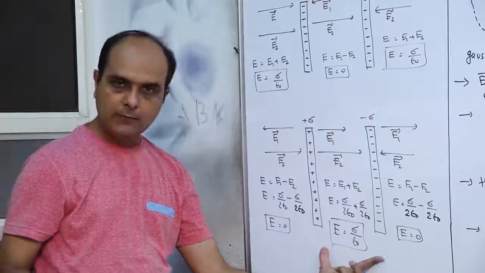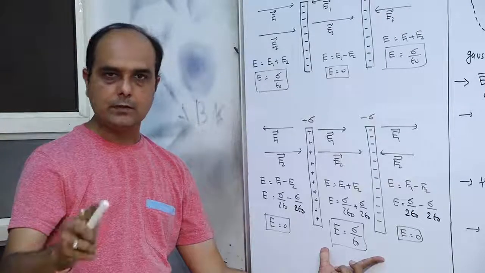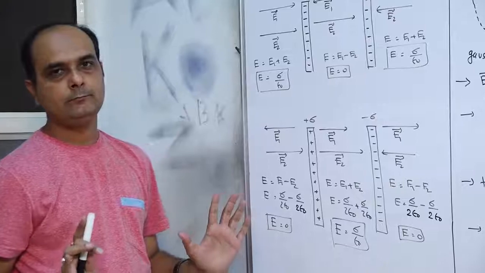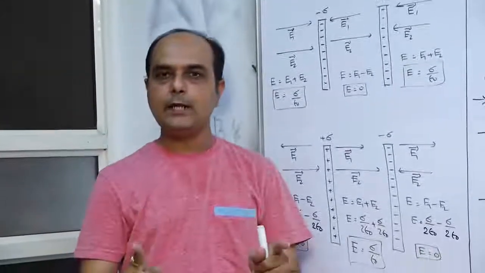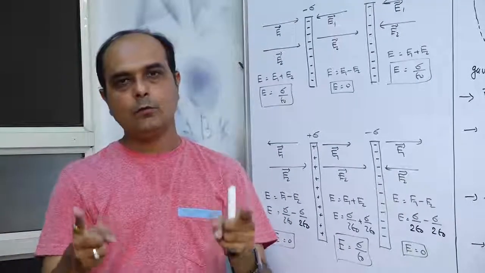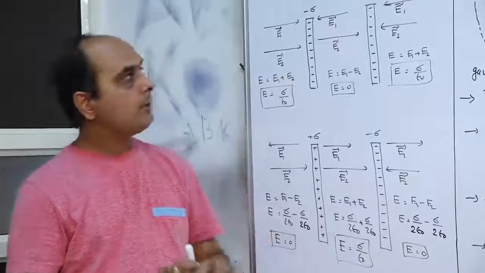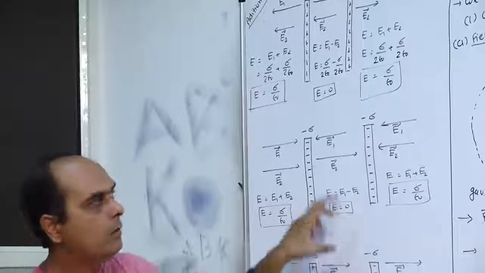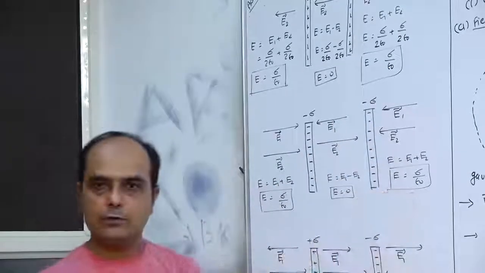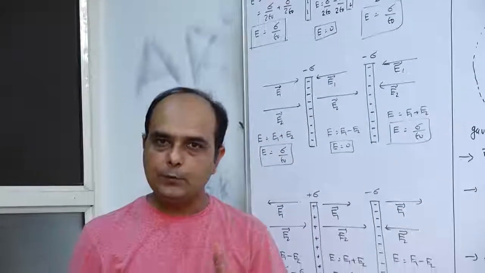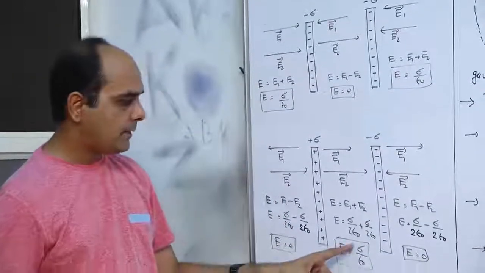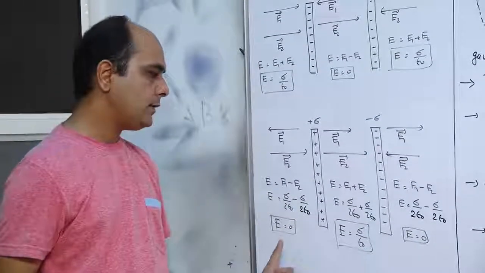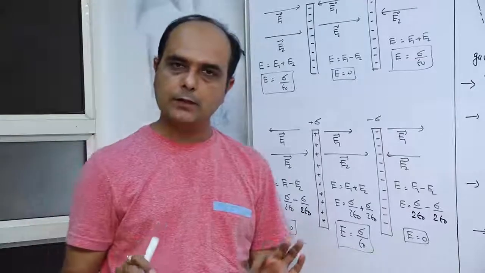So this diagram will construct your capacitor. That is your next chapter. Now the result of these three cases: when both plates are positively charged or both plates are negatively charged, between the plates the electric field is 0, and outside the plates it is sigma by epsilon 0. When one plate is positively charged and the second plate is negatively charged, between the plates it is sigma by epsilon 0, and outside the plates it is 0. Okay, now the theory is totally completed.